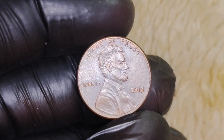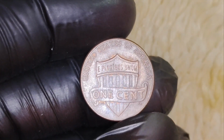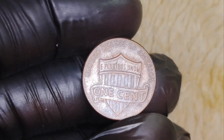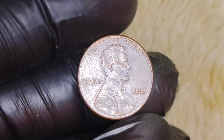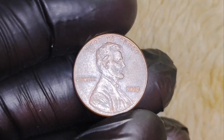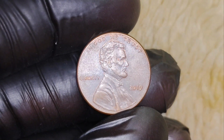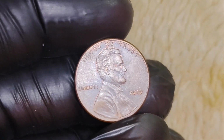In the world of coin collecting, rarity is king. Even though millions of 2019 pennies were minted, finding one with no mint mark that is in pristine condition is extremely difficult. Coins that are perfectly preserved, meaning no wear or damage, are the ones that fetch the highest prices. Collectors are always on the lookout for these flawless examples, and they're willing to pay big money to add them